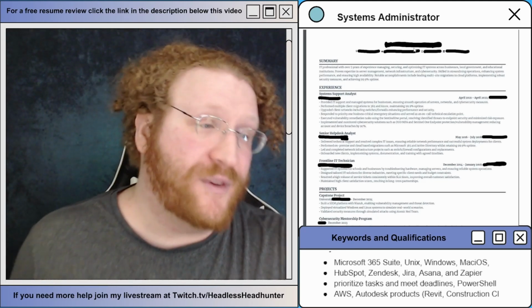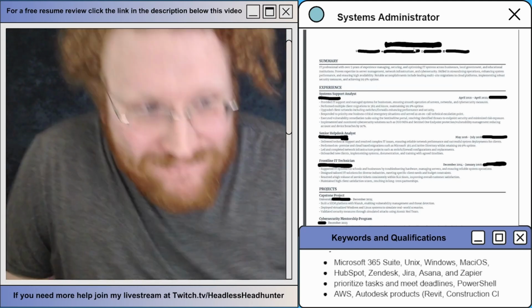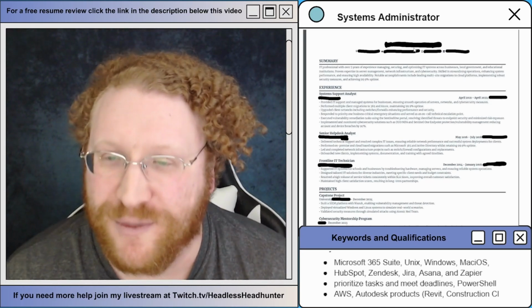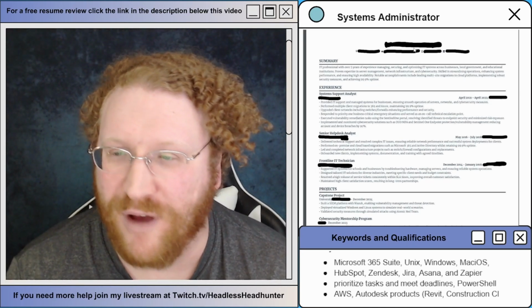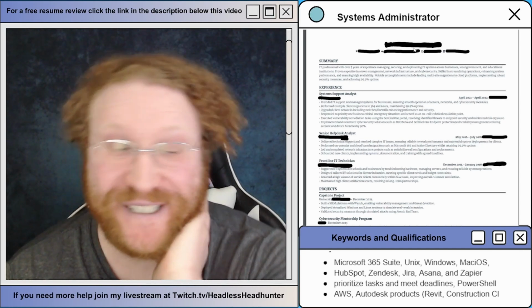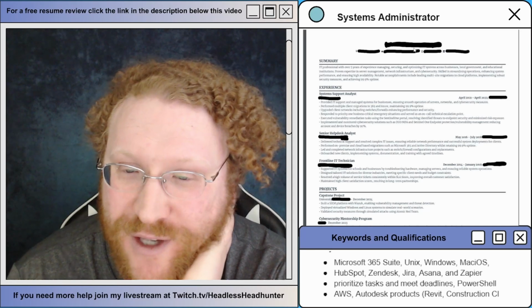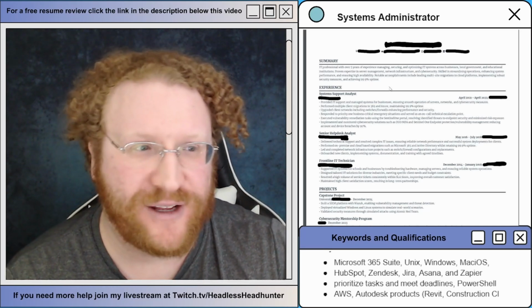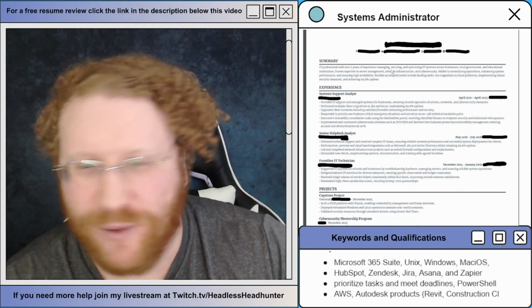So the formatting for this is horrifying because, again, it's a PNG. Don't do that. So, IT professional with over 5 years of managing security IT across business, local government, education, institution improvements. No, don't. The summary is not needed. I can't highlight it because this was a PNG that I had to convert to a PDF, but this doesn't work. It doesn't need it.